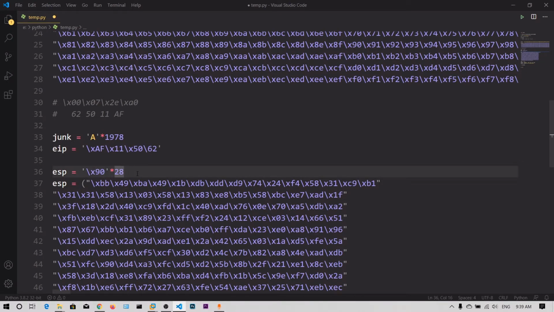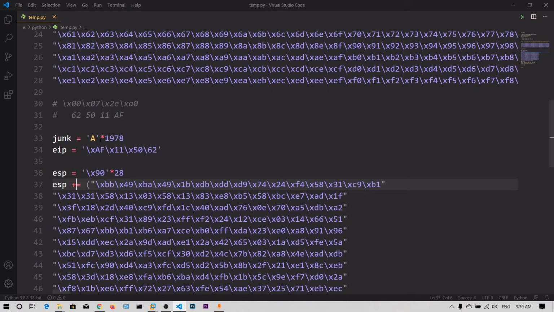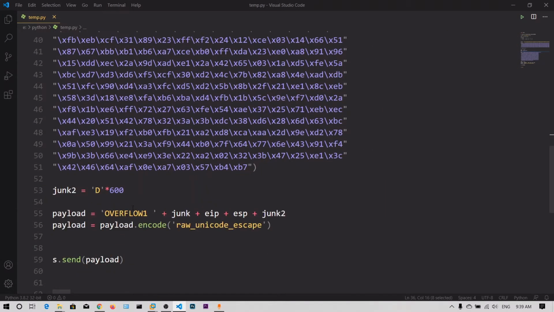You can think of no operation as just an idle operation; the CPU will simply pass through it, doing nothing. Now I'm going to append these NOP bytes. So my program will hit these junk bytes and then this EIP, and the program will jump to ESP and execute these NOPs, which do nothing, and then our shellcode gets executed.